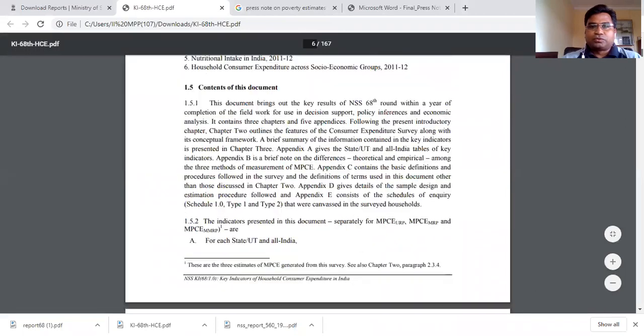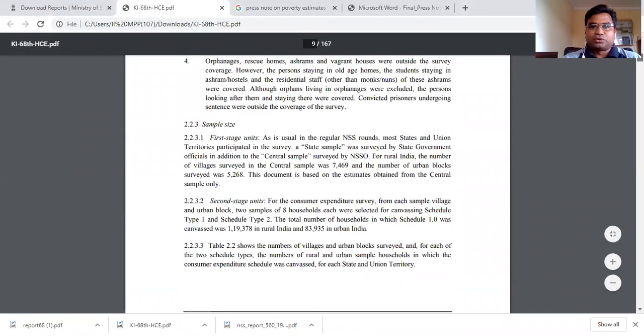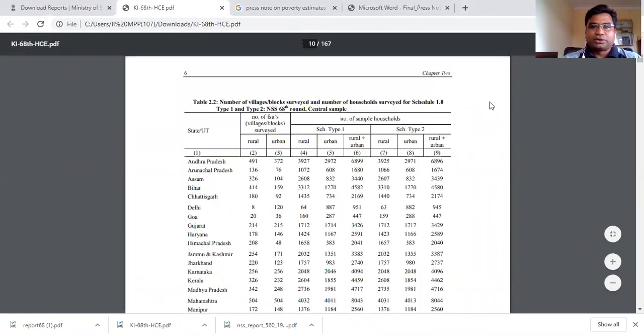Now what you want to do is go to some table which is replicable, right? Let's say we are here. Right now we are dealing with schedule type 1, which is meant for URP, that stands for uniform reference period, and MRP, measurements of monthly per capita expenditure.